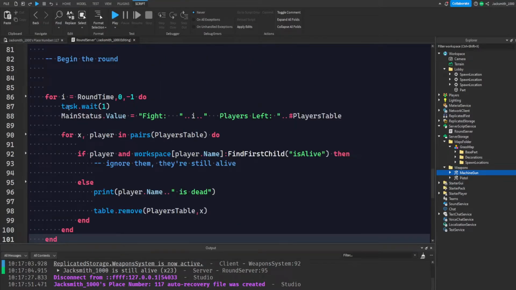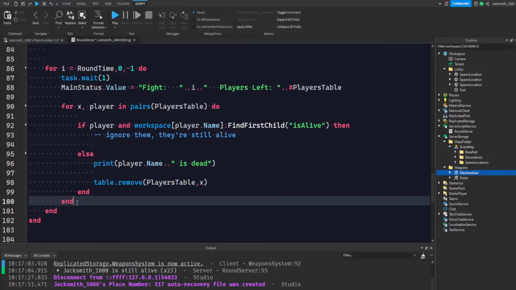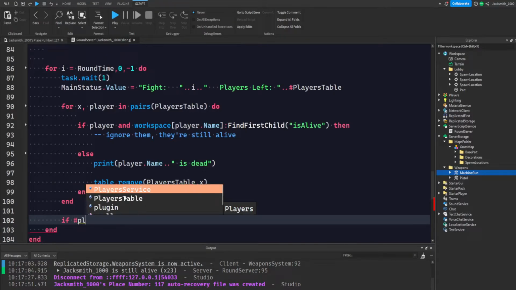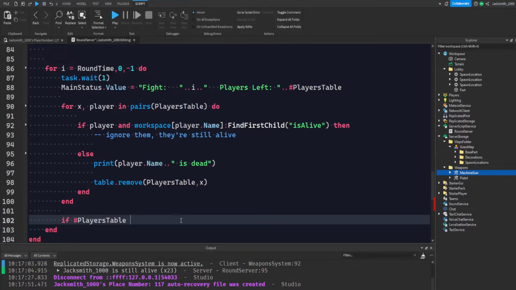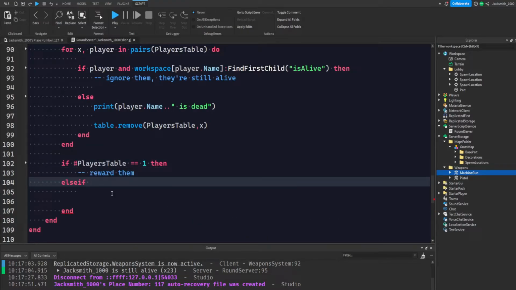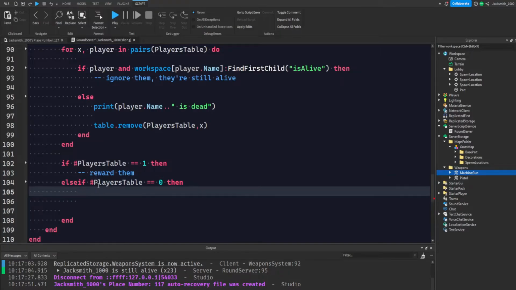Okay, and so now we're currently looping through the players. So let's put an if statement. Let's do if hashtag players table is equal to 1. So this is if there is a winner. This is the person that's won the round. Then else if hashtag players table is equal to 0, then if by some absolute magic the players